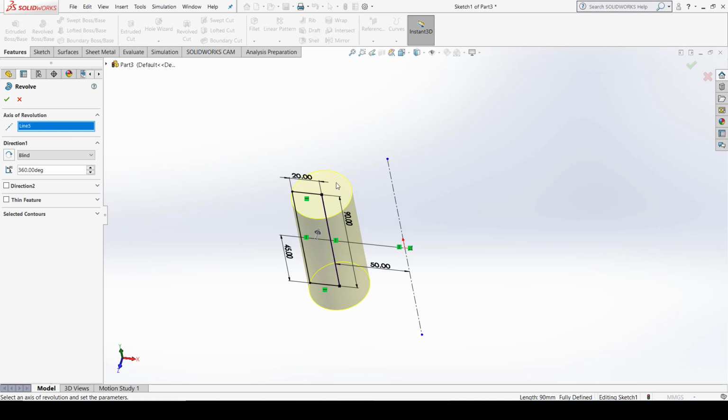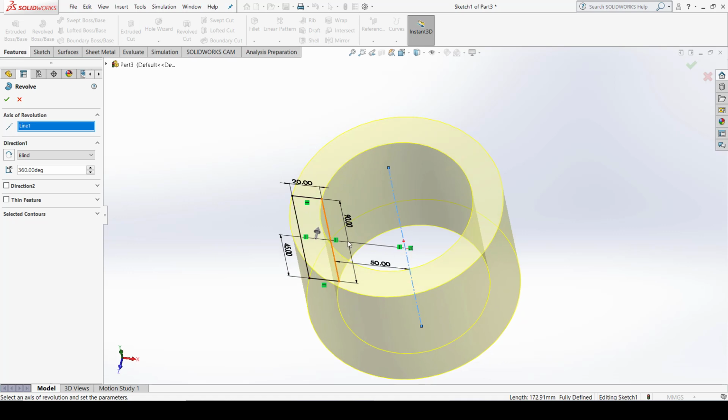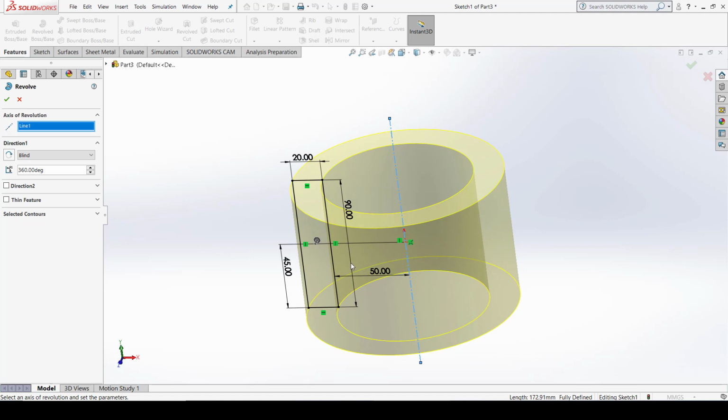Previously, when I selected this line as the axis of revolution, the cylinder was hollow in nature because we gave a 50 mm distance away from the central axis. Okay, so this is how you can give the revolve command.